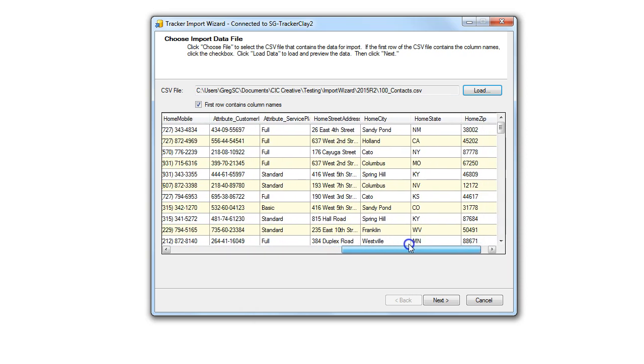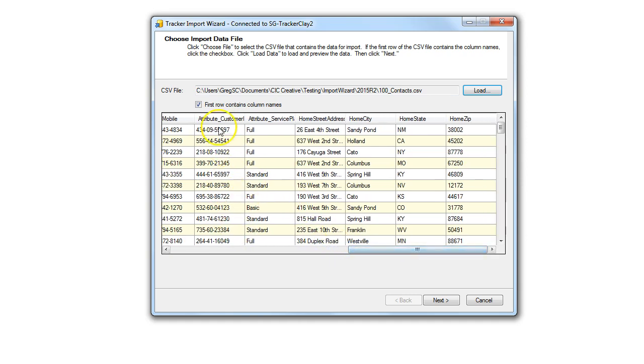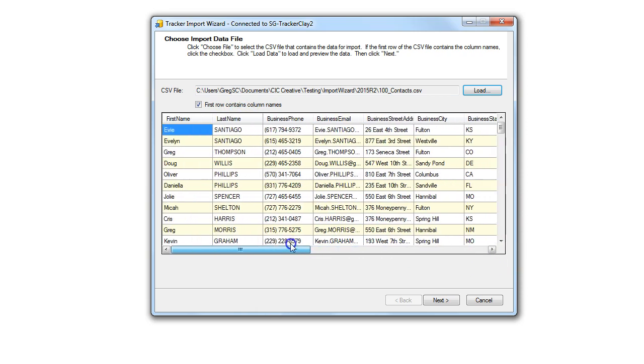You can even include attributes. So if you create a tracker attribute called maybe customer ID or service plan, I will show you how you can map those from your source data and store those in tracker attributes. So this might have come from some external system. This might be the customer ID for that customer, and you've created a place in Tracker to store that with your contacts when you do your import. So now I've got the